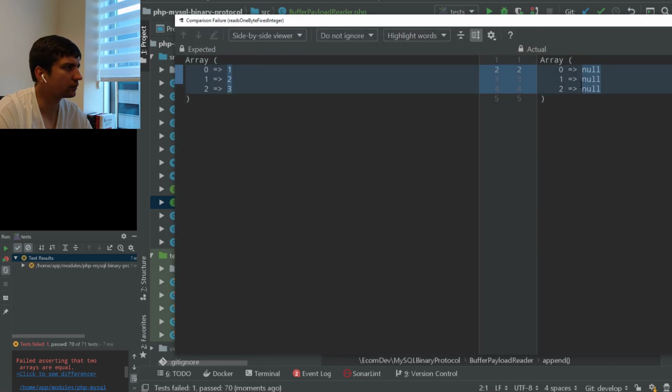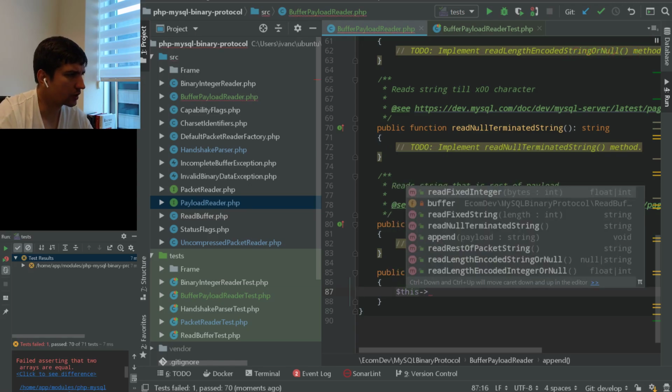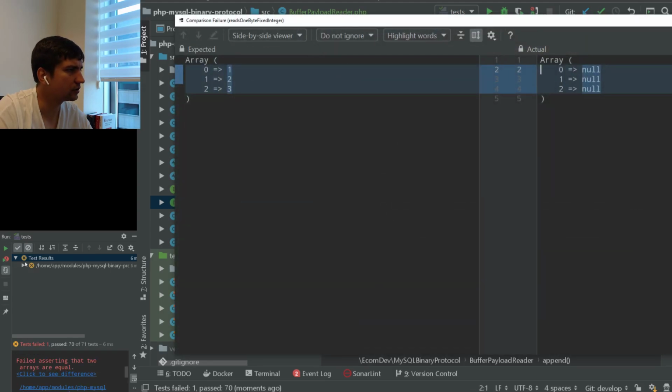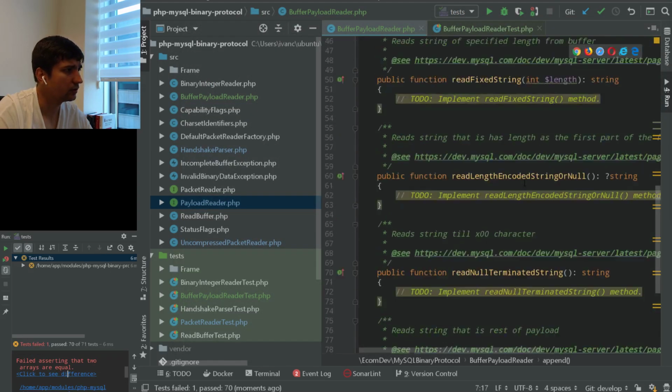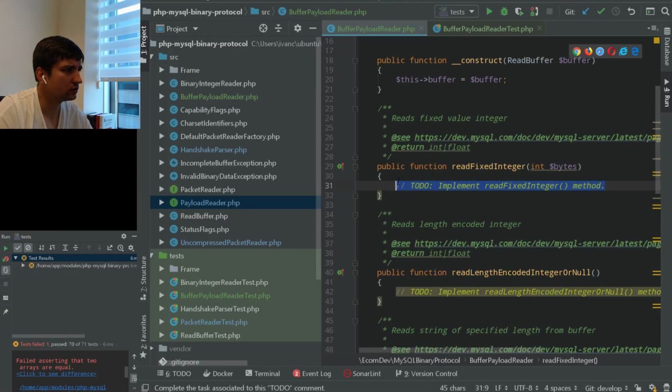So it just returns us null values. Now we're gonna go over and use our buffer, and we're gonna pad the payload inside of this buffer. It's still gonna fail in my opinion. Let's see. Yeah, it still fails. And let's just use